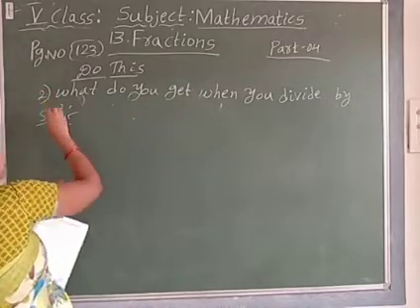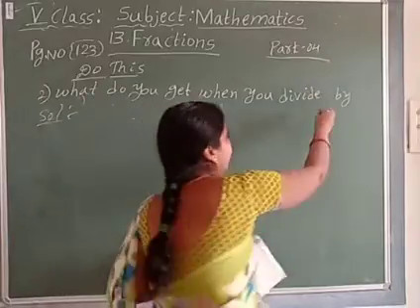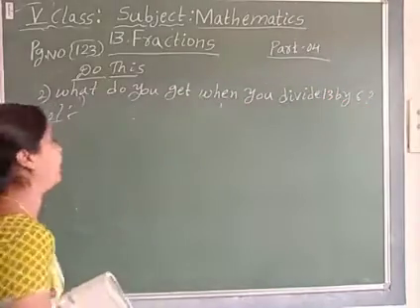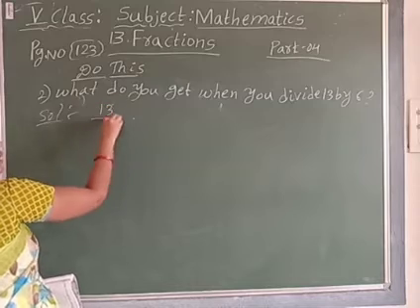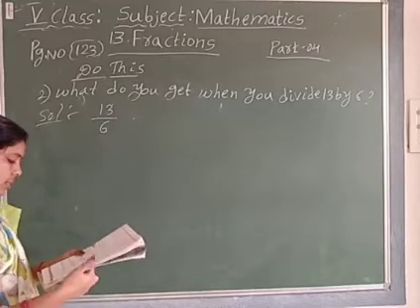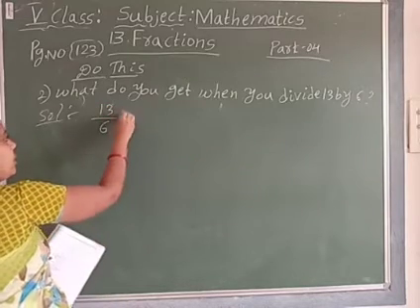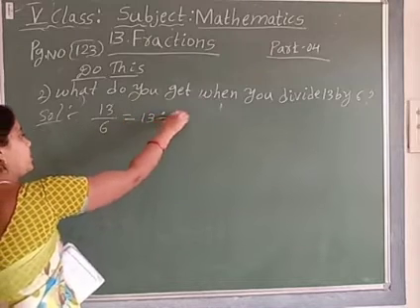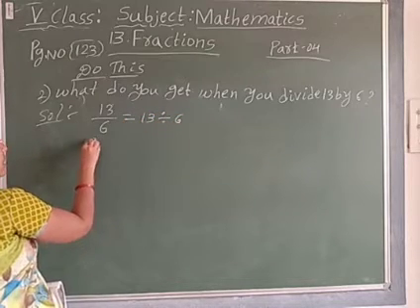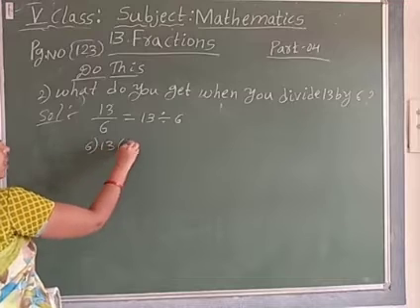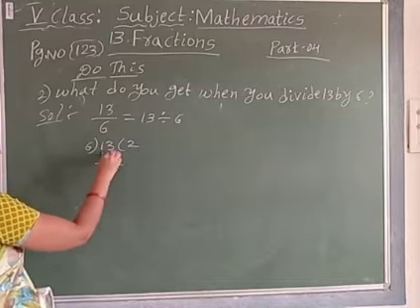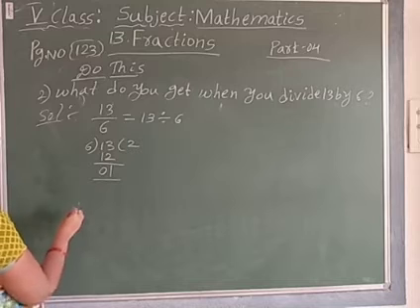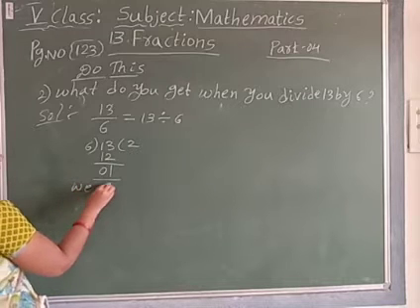Second one. 13 divided by 6. 6 into 13: 6 twos are 12, 13 minus 12 is 1. So here also we get